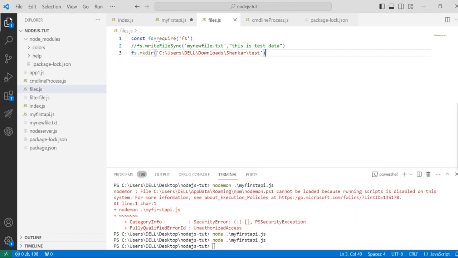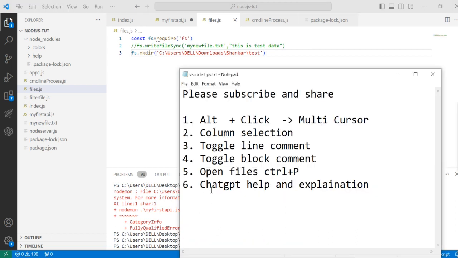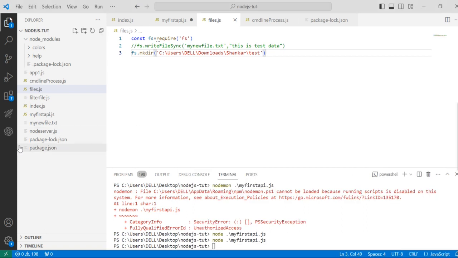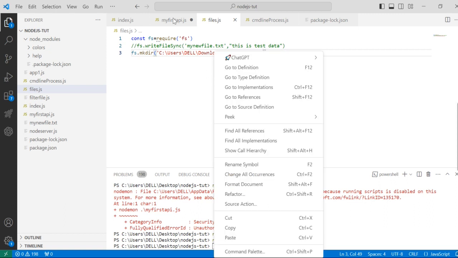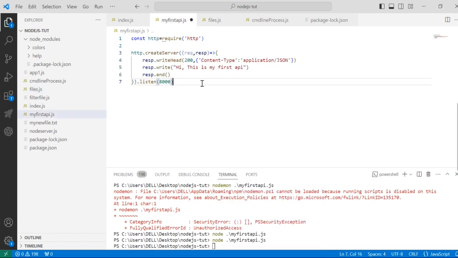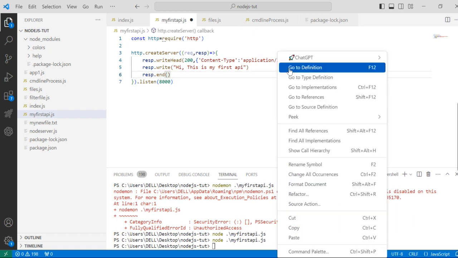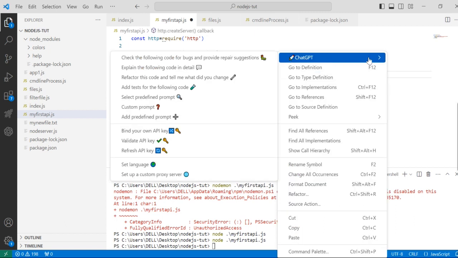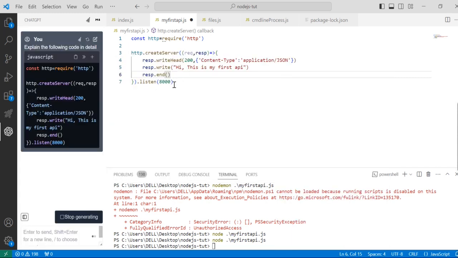Now the most important trick that we are going to see is ChatGPT. So now we have this ChatGPT extension enabled in your Visual Studio Code. You just have to click on the code. Let's say for example this code. You just have to right click on the code and there is a ChatGPT menu, right? In this, if you just go here and see, for example, explain the following code in detail, if you click on this,